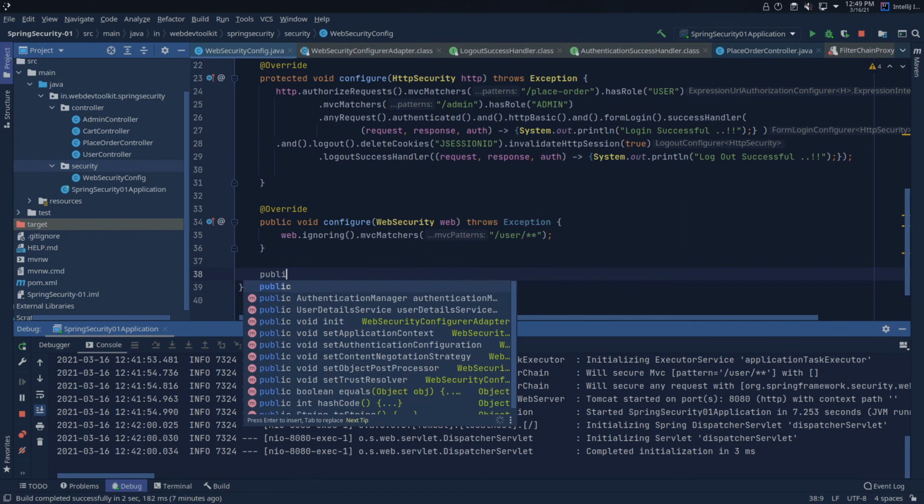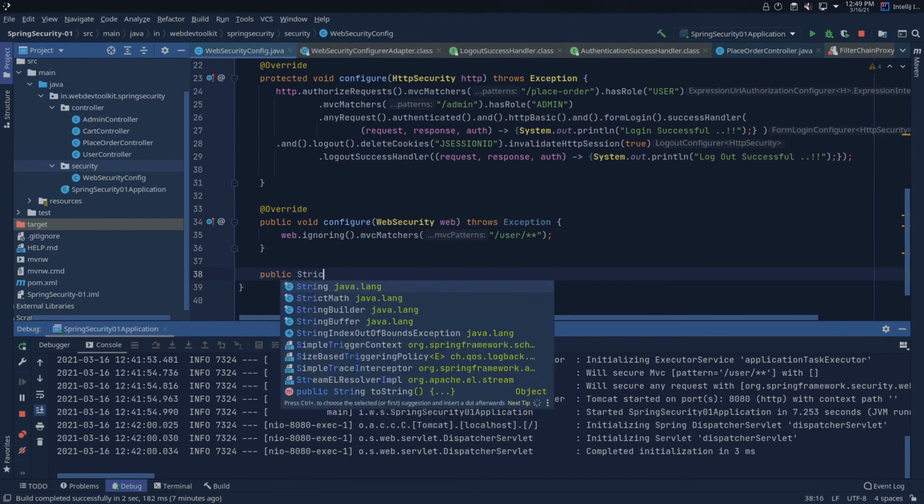You can create a bean of HTTP firewall called StrictHttpFirewall.